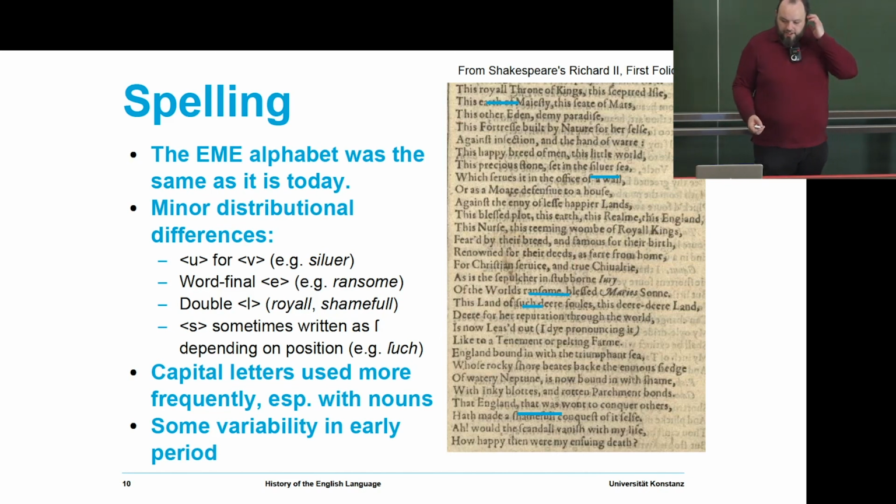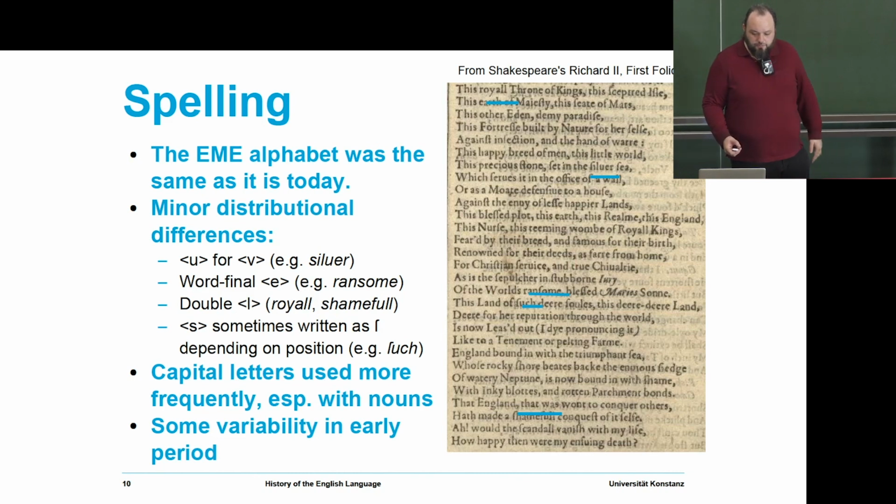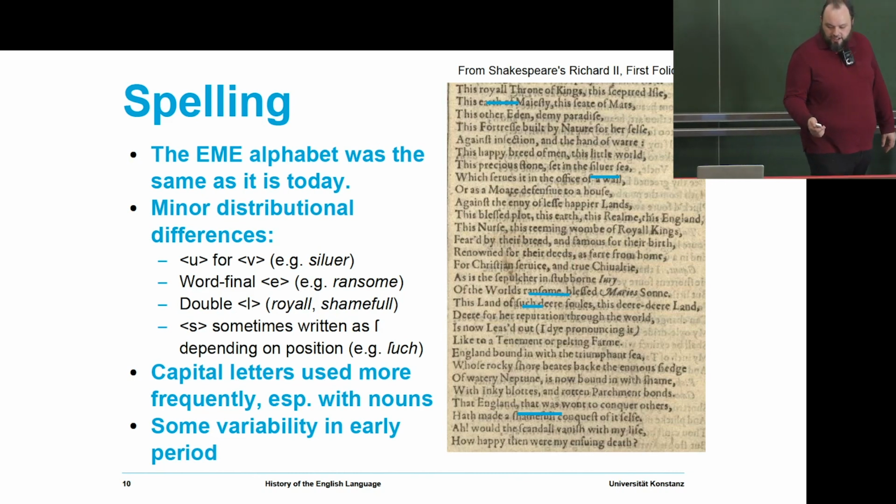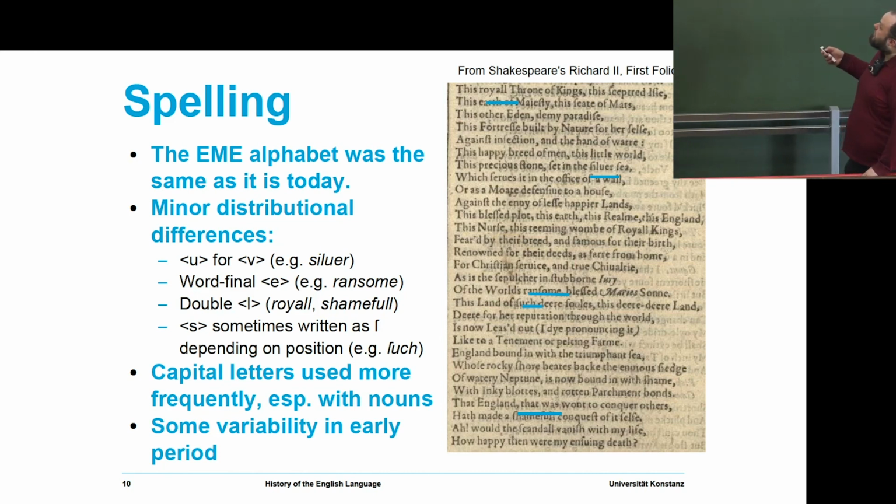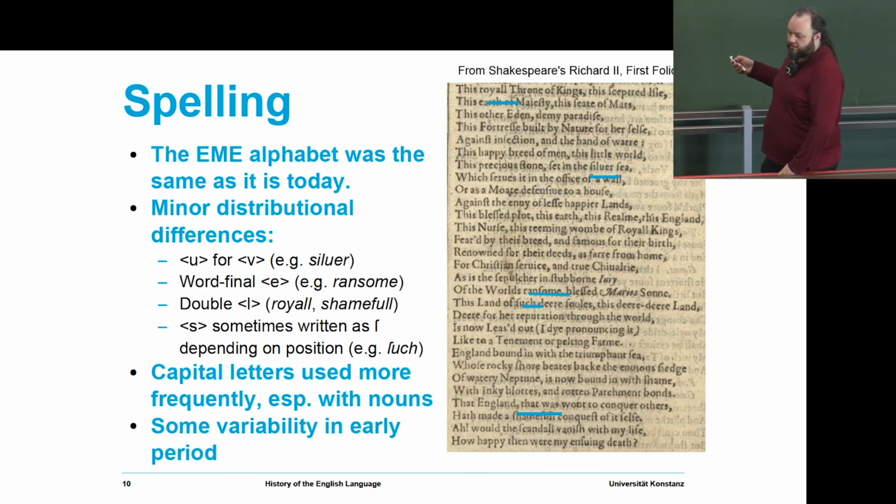But here, for instance, you can see that there are some distributional differences in this text. So, for instance, if you look here at where you would expect a U or a V, the U's and the V's don't work the same in early modern English, and in different texts they work differently. So here, for instance, we have the word silver, and this letter here is a U where we'd expect a